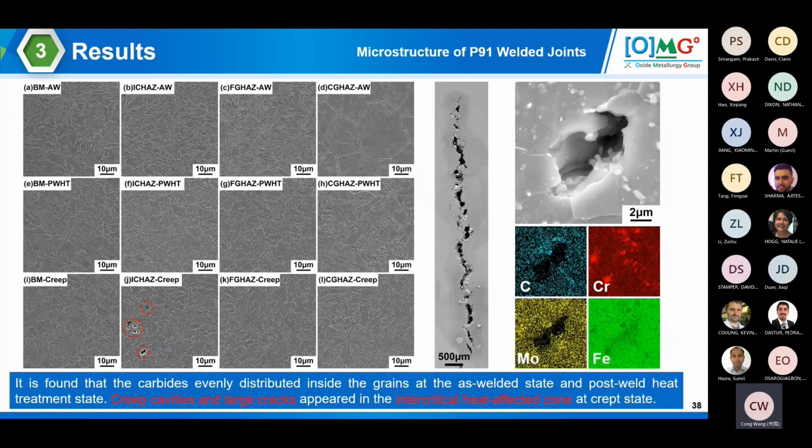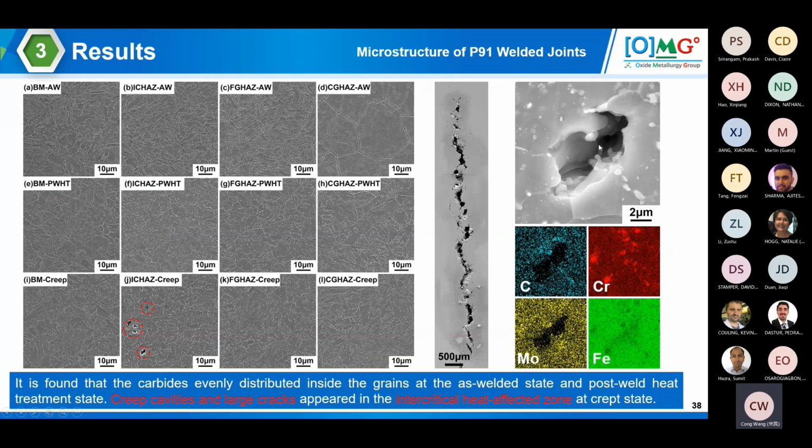And to our surprise and amazement, after this creep testing, as I showed you a few slides ago, we have seen these cracks, and now you are seeing an enlarged image of the cracks, and we wanted to know what they are, so we went further with this crack characterization,